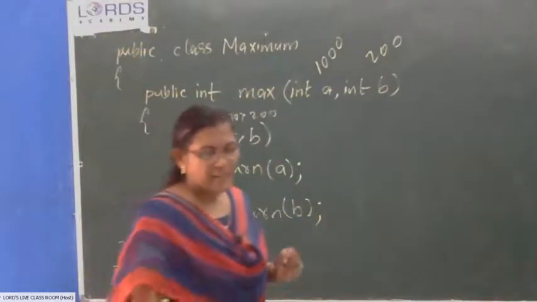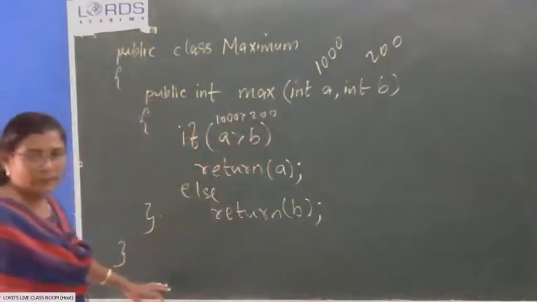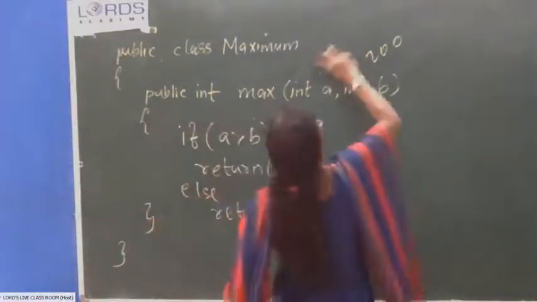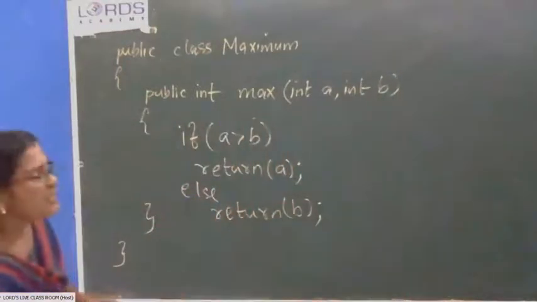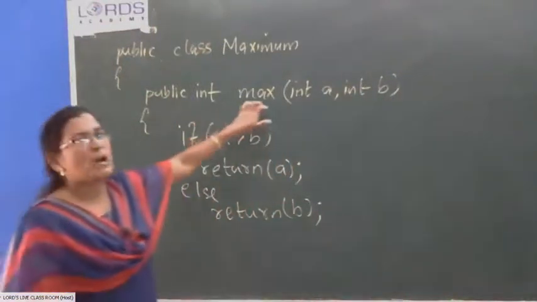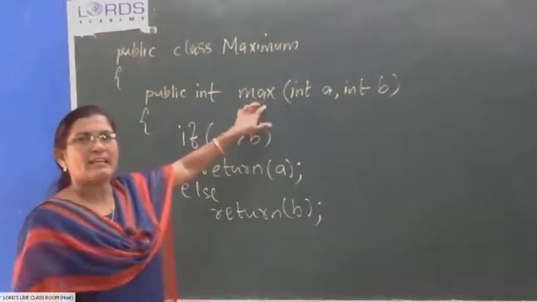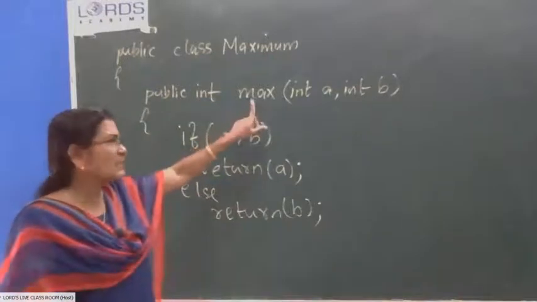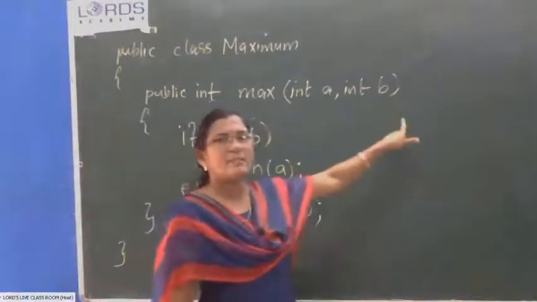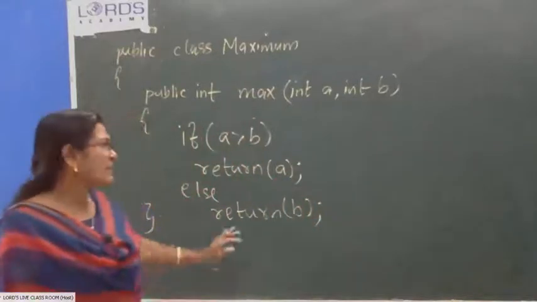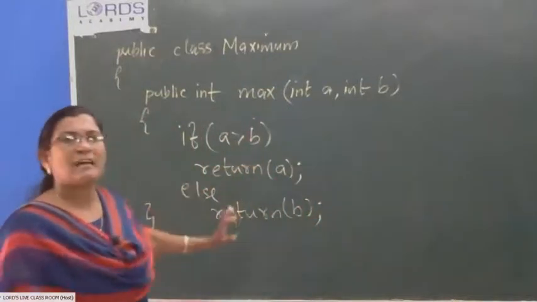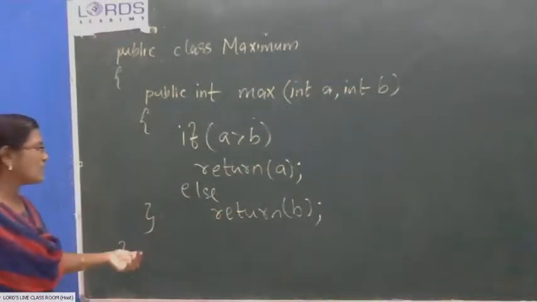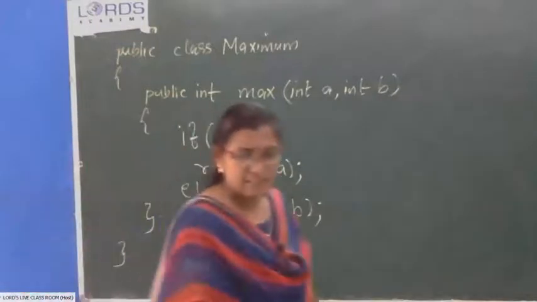Okay. So another example is given in your textbook. Do this program today itself. To do this program, type it and compile the class. The method is a non-static method, so you have to create an object of the class. Then right click on the created object, select the max method and provide values for a and b. So you will get the result, the maximum of the two given values, displayed on the method call window. Okay. So the method is closed, the class is closed. Another example is given in your textbook.